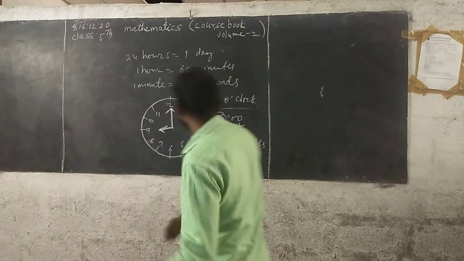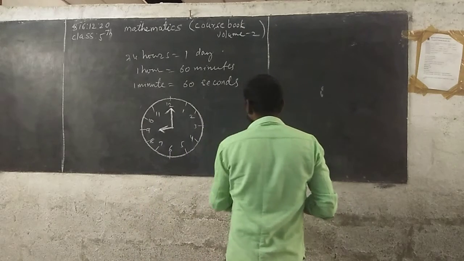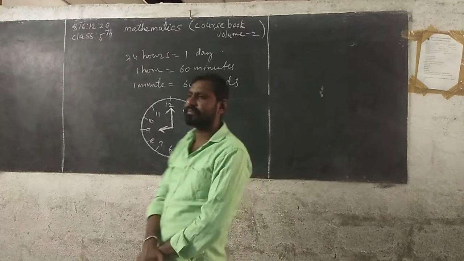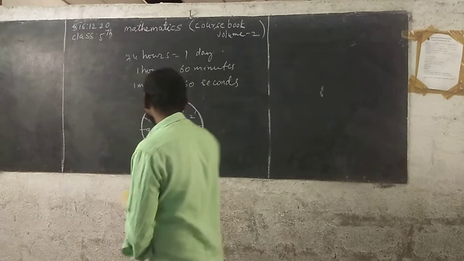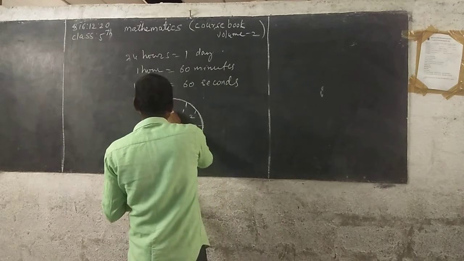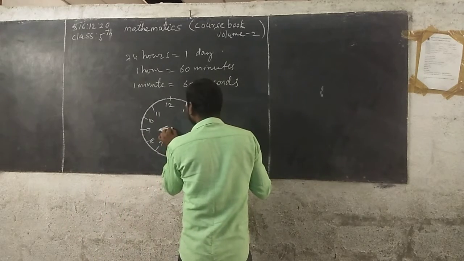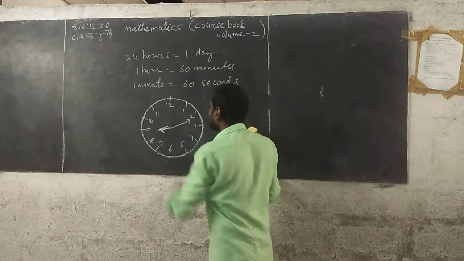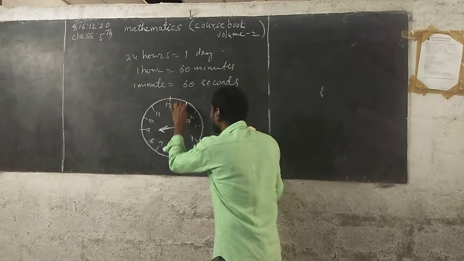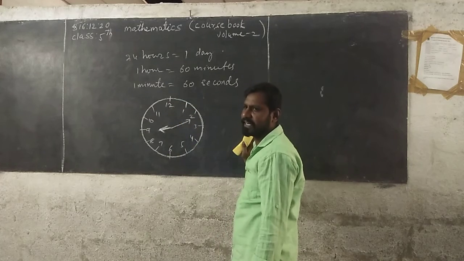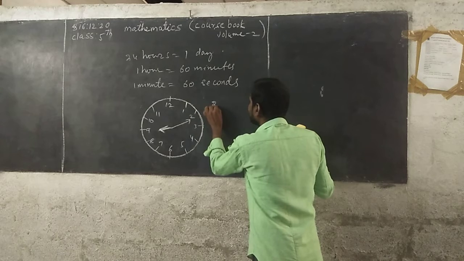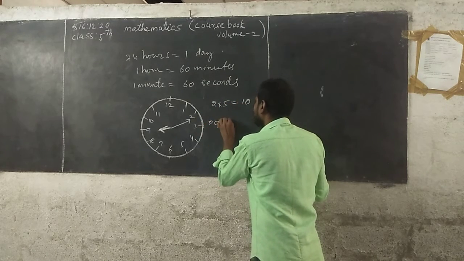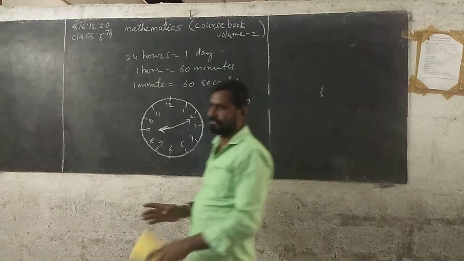Say for example, we go in minutes from 12 to 1, the next number. How many minutes are completed? 5 minutes completed. Now the minutes hand is positioned exactly at number 2. From one number to the next number we complete 5 minutes. 5 plus 5 is 10. Then 2 multiplied by 5 gives 10. So the time now is 9 hours 10 minutes.